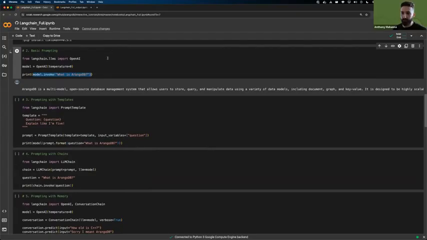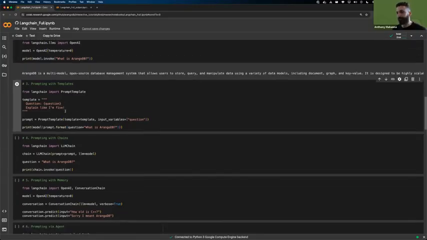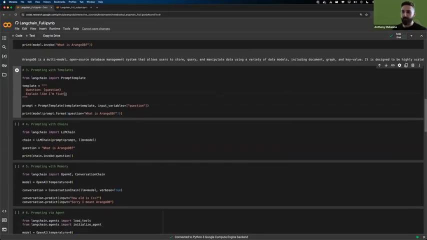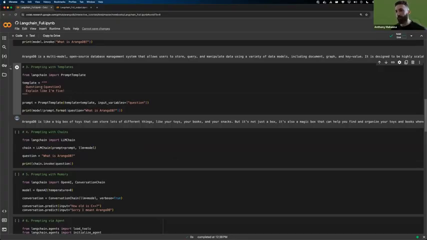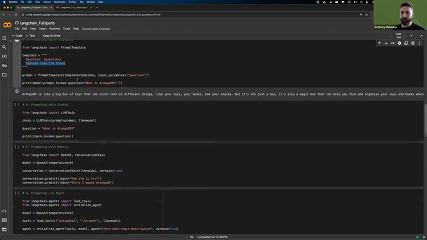And this is essentially where you're using the model out of the box. There's the equivalent of doing the same thing but providing some kind of prompt engineering to it. This is an example where we provide the question as a string, and we pass it in via a parameter, via this keyword argument, but provide in the template a simple instruction to